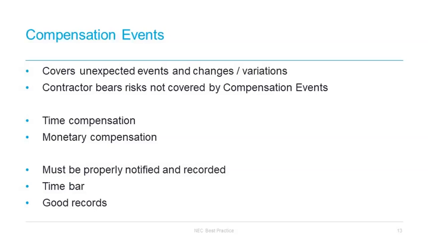Now, as I mentioned at the start, and as with administration of the contract more generally, record keeping is essential to compensation event assessment. You have got to record the compensation events themselves, as well as the early warnings. Because it is so useful to define costs across all the various options to make your adjustments to the prices, it is important to have good records of what these changed circumstances have actually cost you, what the reality is on the ground, because you might have to rely on them if there's not an agreed compensation event early on.